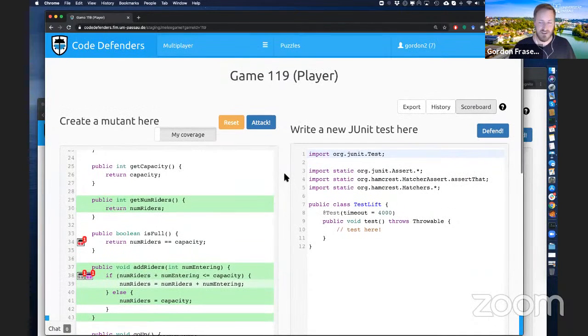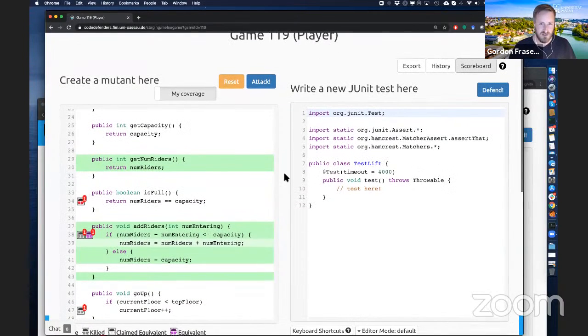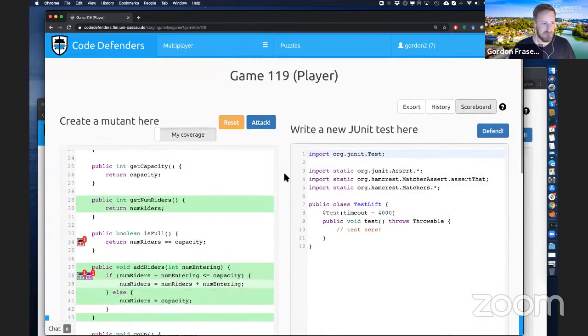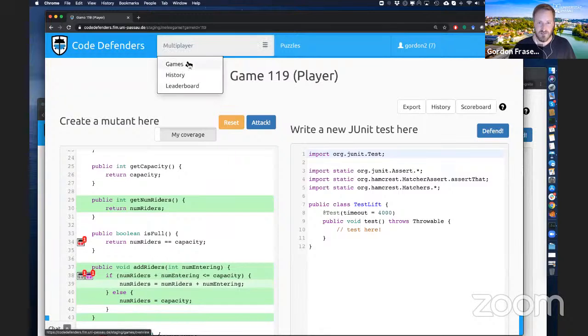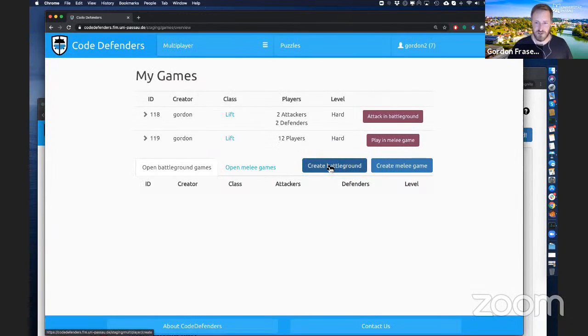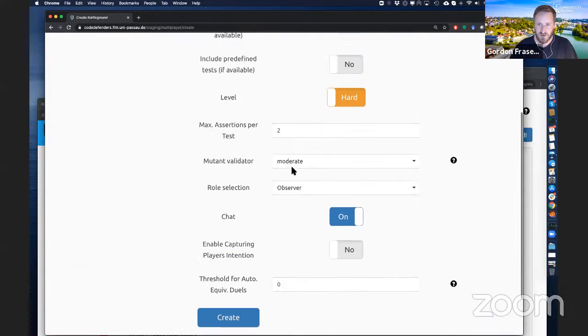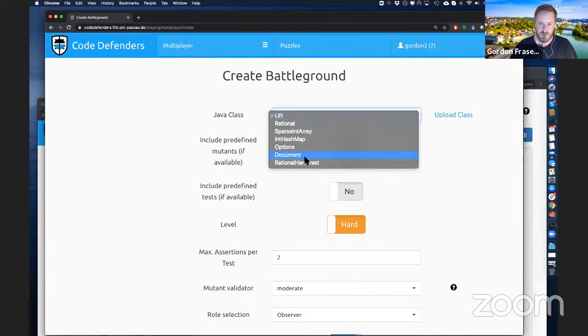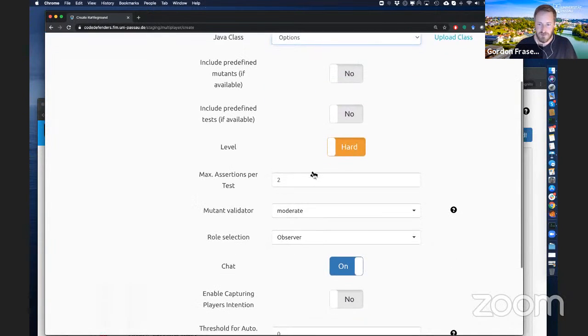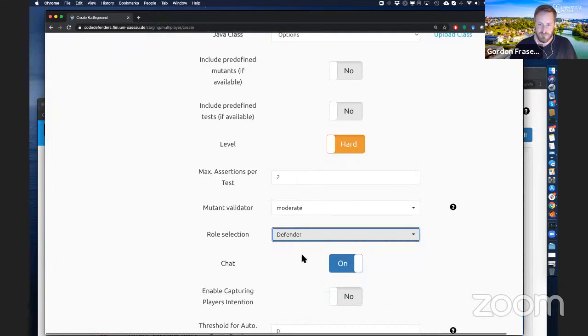Okay, are there other questions? There are some other things I could very briefly show. It is possible to include classes that have dependencies. So for example, I think the